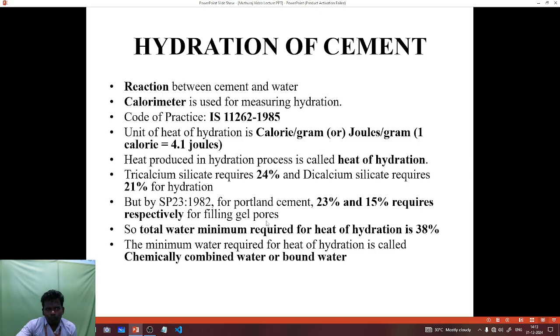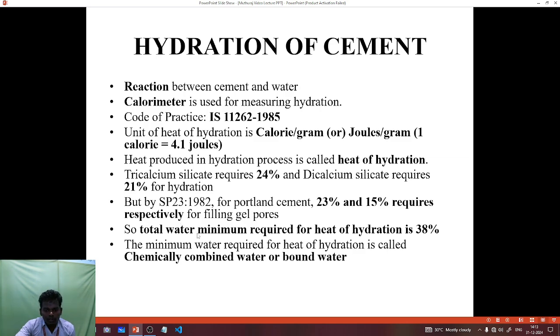the small pores which couldn't be seen with our naked eye have to be filled with the cement gel. For that, it requires 23 to 15%, and by adding these two, the total water minimum required for heat of hydration is